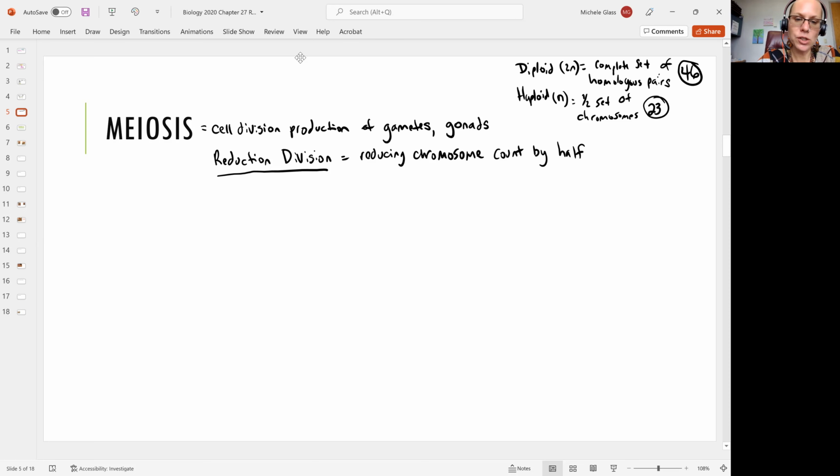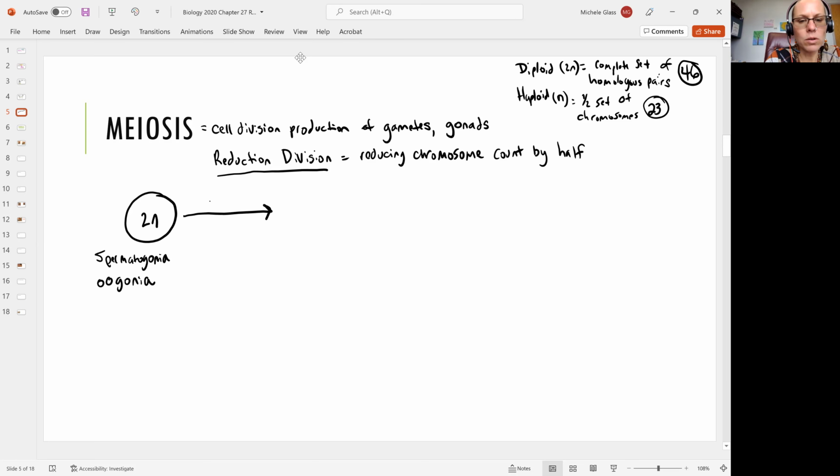And when we talk about reduction division, we're going to see we start out with a diploid cell, which is going to either be called spermatogonia or oogonia, depending on if we are in the testes or in the ovary. And we'll see that this cell will undergo the process of mitosis, which you learned in A&P1 as prophase, metaphase, anaphase, telophase. So I learned this really cool hand gesture to help you remember the stages